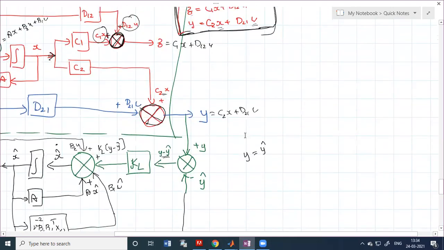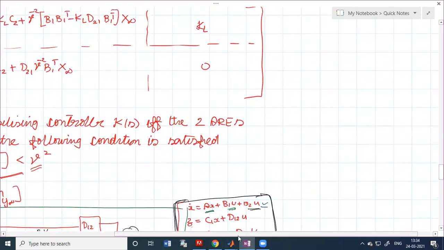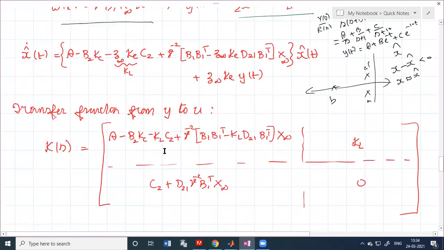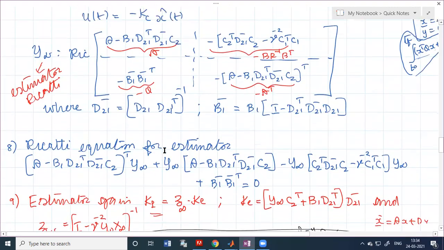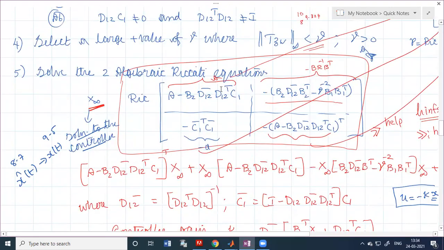See, in our Riccati equation, my question, can you see the one note? A minus B2 D12 bar. Are you seeing it here? Yes, sir. So this was my A thing. This entire part written in blue is my A thing. So now you have to define that because you have to solve the Riccati equation. In MATLAB, there's a command RIC to solve the Riccati equation. So now these terms have to be defined. Please read it out for me.